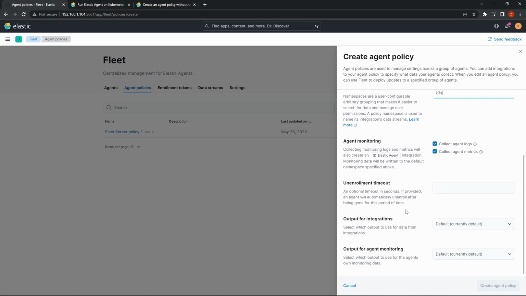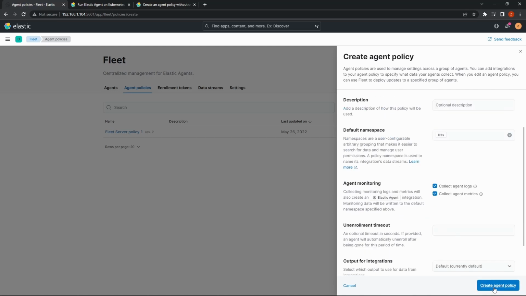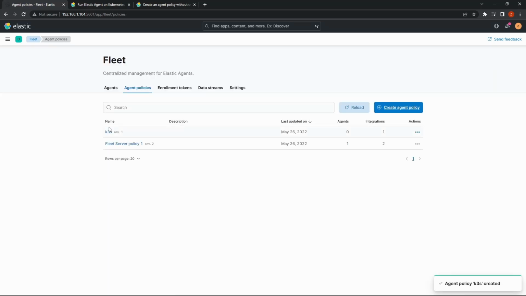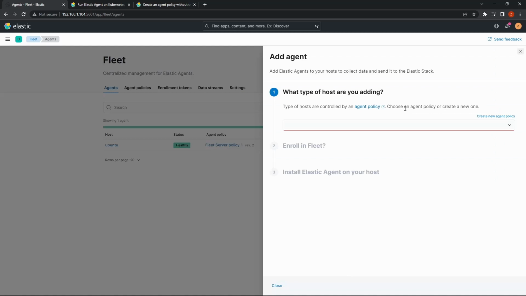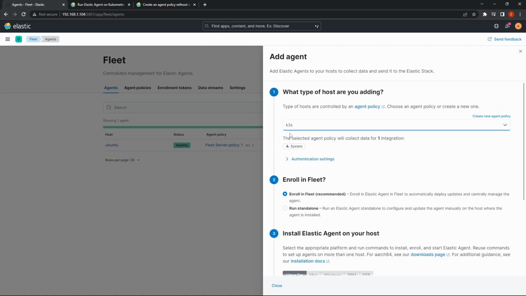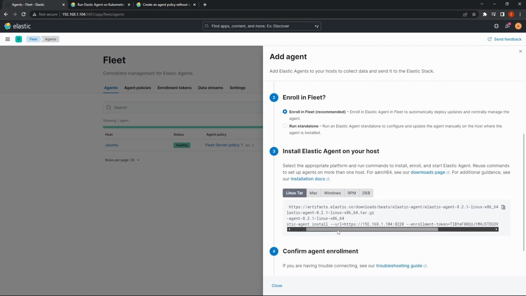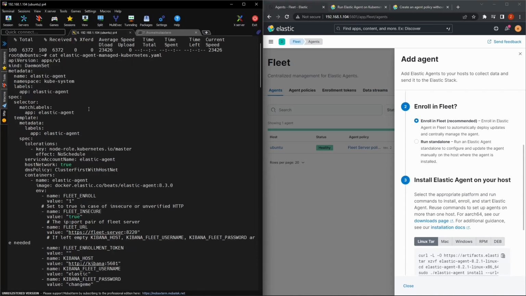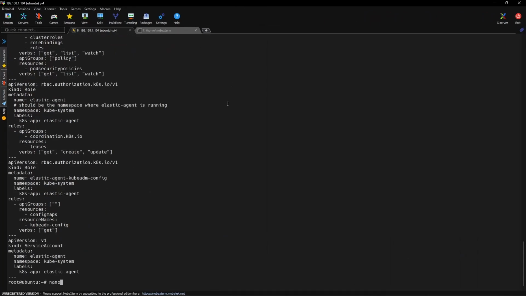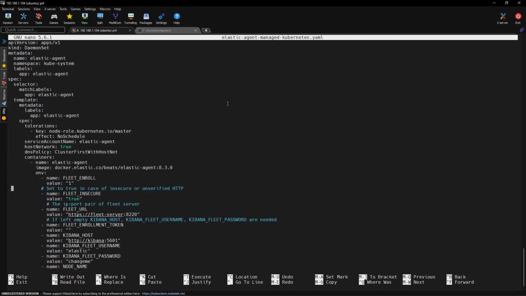I call it K3S and I change the namespace. In this way, I can identify data coming from my Kubernetes cluster, not from my host. Now we add a new agent with the new policy. Let's edit the manifest file for Kubernetes. Change the server URL, add the token for enrollment,